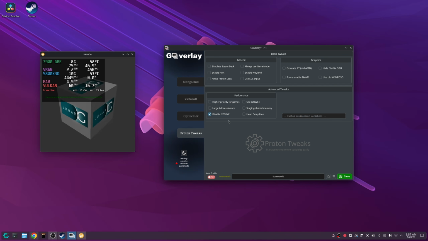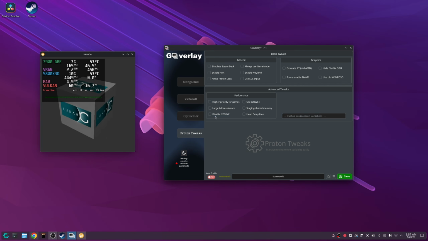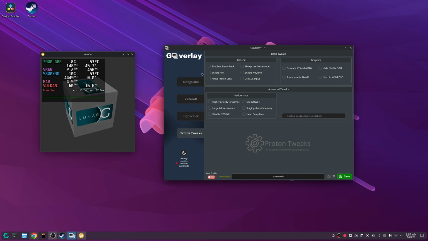And you can also disable NT sync if you want. If you hover over these, it'll give you all of the commands that you need for the specific options that you're enabling. But you want to just enable everything you want. Like eventually when I get an HDR monitor, I'll tick that on to get the HDR command to force HDR